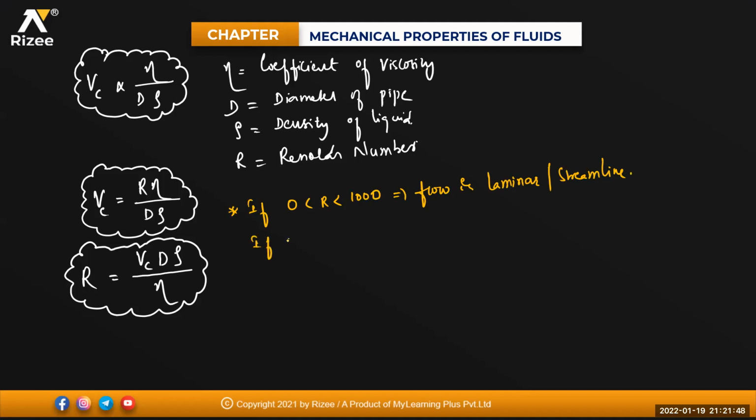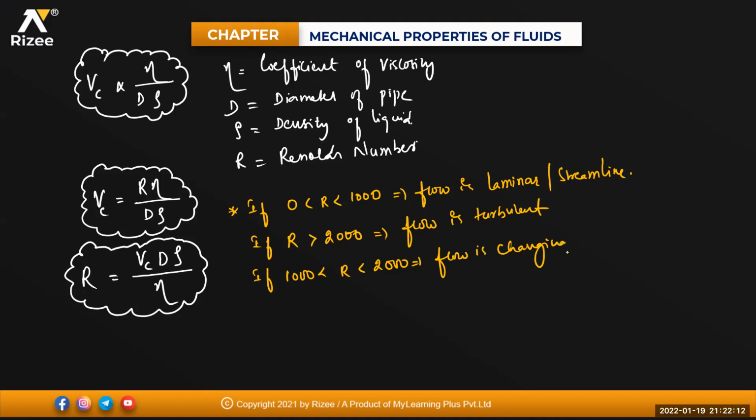The same way, if R is greater than 2000, then the flow is turbulent. If the value of R is greater than 2000, that will be turbulent. If 1000 is lesser than R and R is lesser than 2000, then the flow is